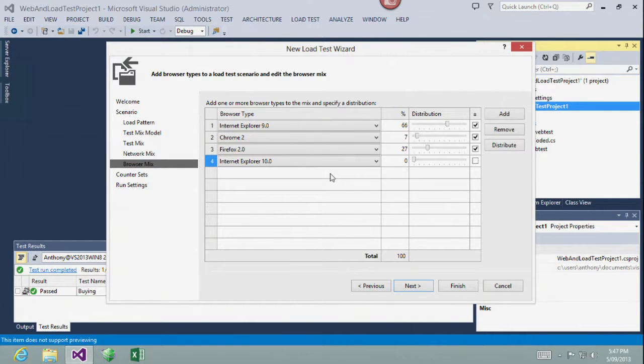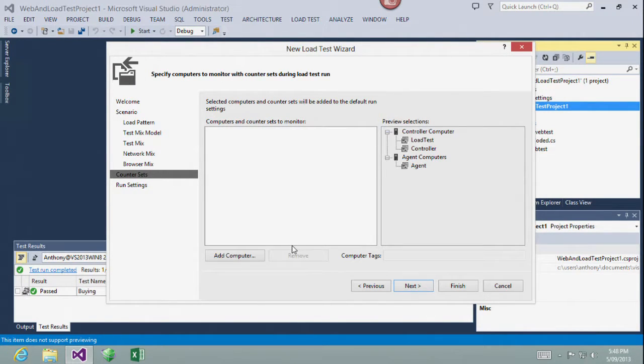Excellent. So all we're doing there is just changing the user agent string in the HTTP header that goes across. If your web server, if your site doesn't do anything different based on the agent string, changing this doesn't make any difference at all. And in a lot of cases, IE 9 and 10, is there a difference that would affect the server in any way? Perhaps, perhaps not. So it's more generational, I would have thought, than exact version numbers. Okay, so there are some patterns in there. Again, just keep it simple for now.